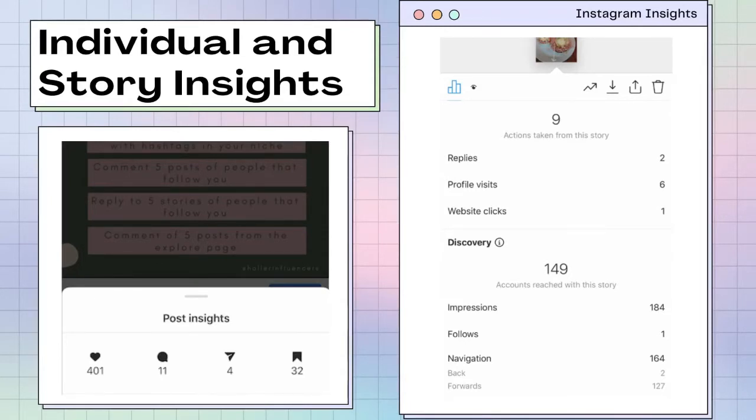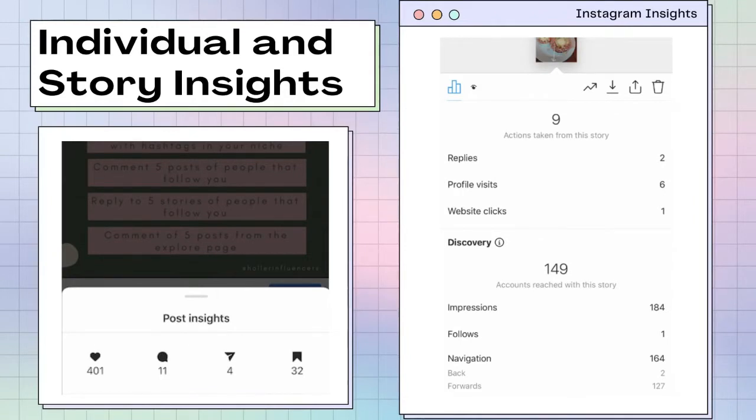So this includes where all of your impressions came from. It could be hashtags, directly through your profile, it could be through the home feed, it could be through the explore page or other. So take this on board for next time you post to figure out what is working best for you. Now going on to story insights, these can be accessed directly by swiping up on an account's